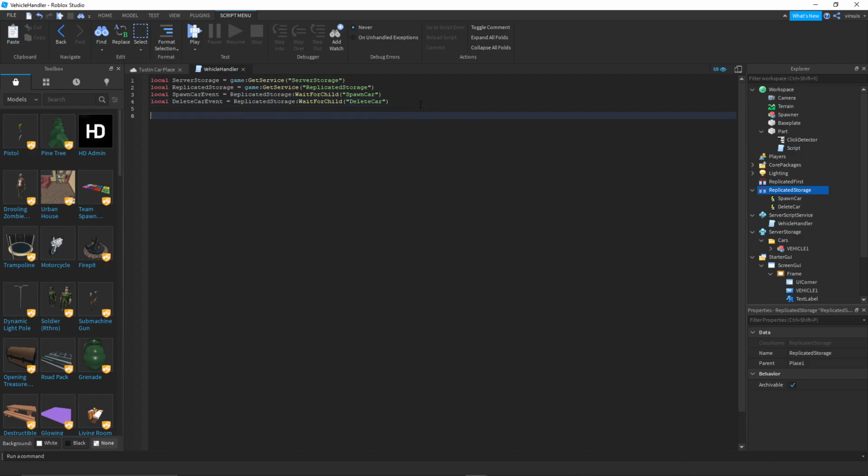Now let's proceed to our second line of code. spawnCarEvent.OnServerEvent:Connect(function(player)